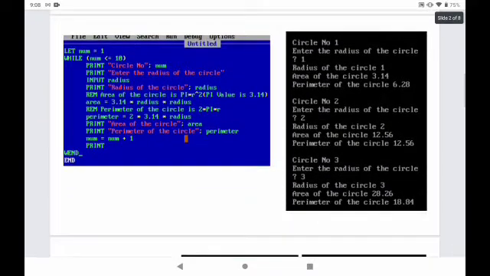Then let us move to the next program. Write a program to read the radius of 10 different circles and print the area and perimeter of each. So the first thing you have to understand is how we can find the area, then how we can find the perimeter. What will be its method? What will be its way of finding the answer? So I'm redirecting you to the program.